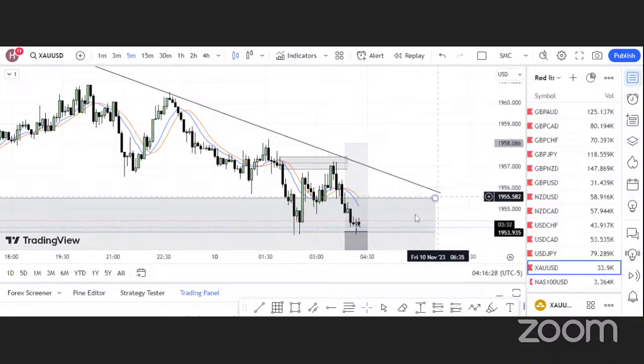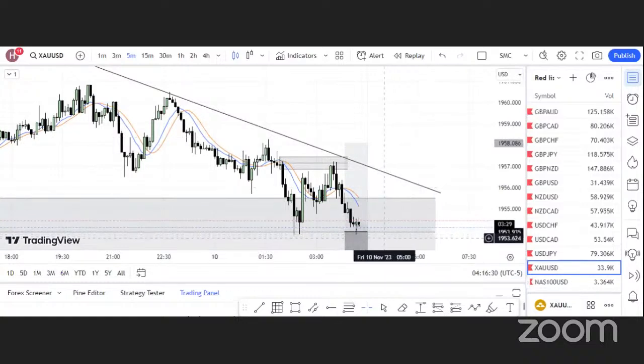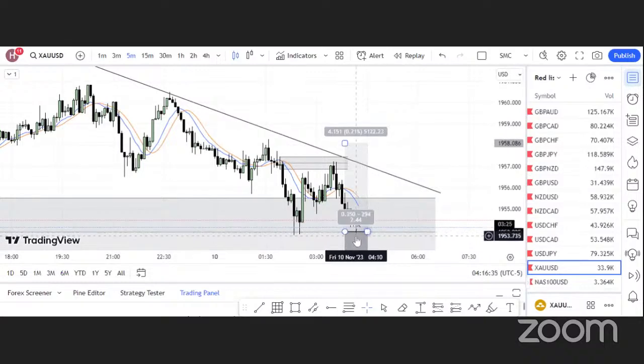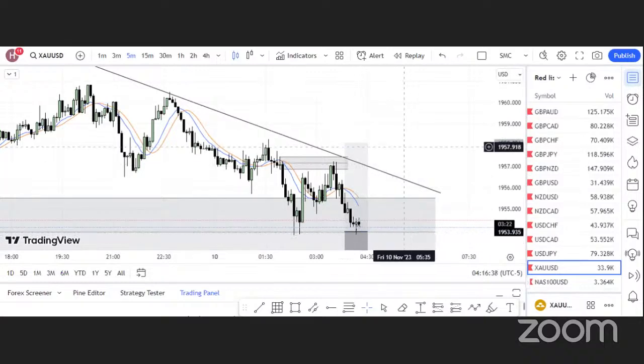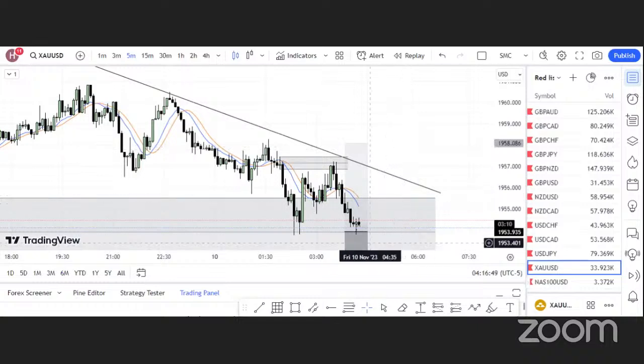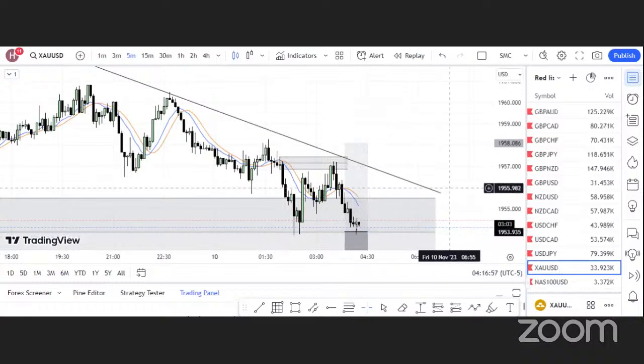If it closes below, we are not going to stay long. If this closes below, then we are just going to close this trade. If it closes below with a body, below this area, so we are just going to go out of the market, because right now we have a rejection, and the market has no reason to come down and close below this area with a body. But if it does close with a body, then we go out of the market. So let's just stay on that, see how it goes.